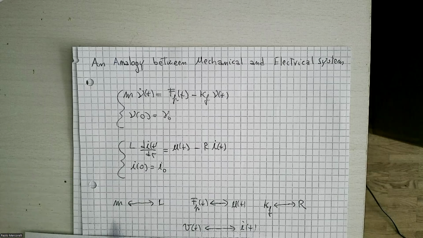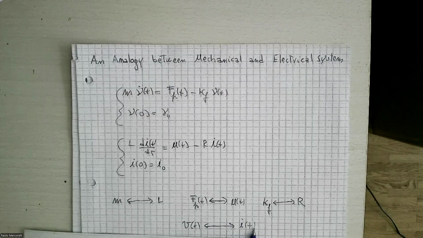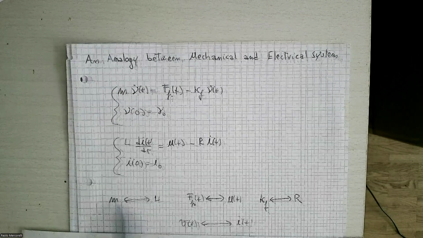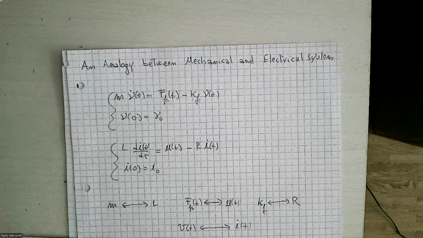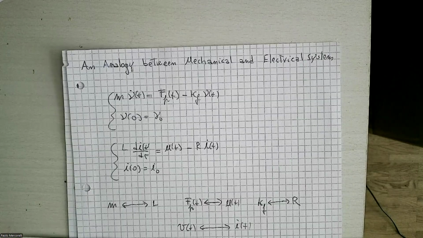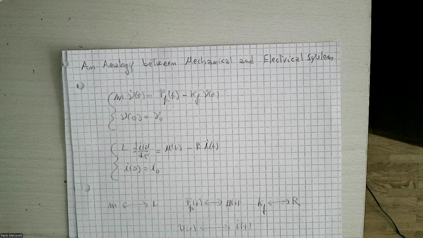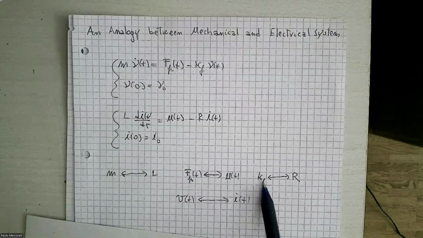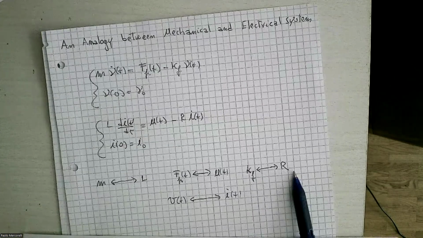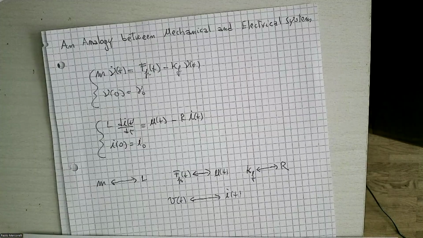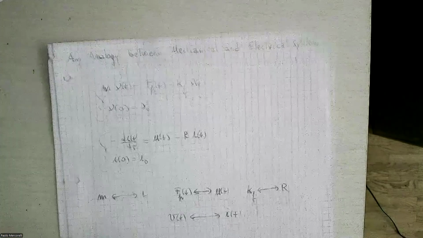Anyway, we can see a little bit of the analogy, just to show you that the velocity becomes the current, and mass becomes L. But probably you know that from electrotechnics, from physics. Here, the input, which is a force, becomes the voltage. Kf, the friction, becomes a resistance. We can say something more in general. This is a general analogy. It's not exactly